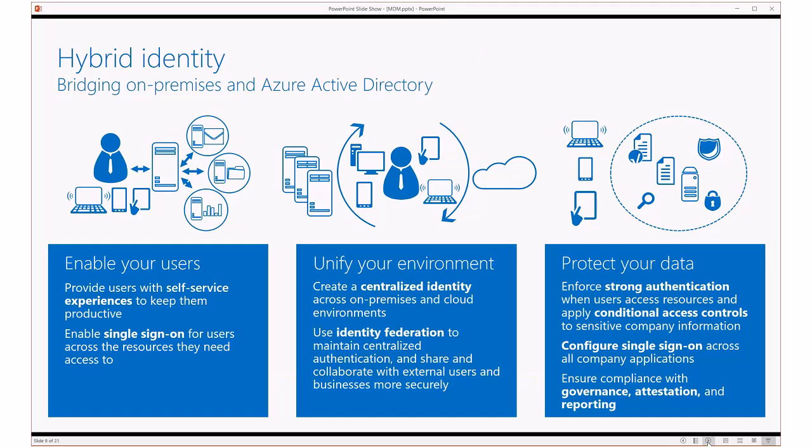So a user can start to access corporate resources from outside of the network, but they have to authenticate using their same on-premise username and password that they use when they log into their machines, right? So they have one common set of credentials. It's something that's familiar to them. They're able to access their resources using that same common username and password.